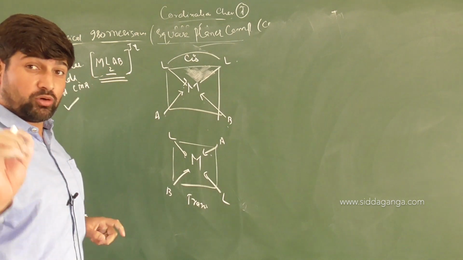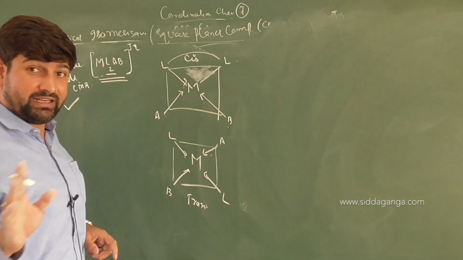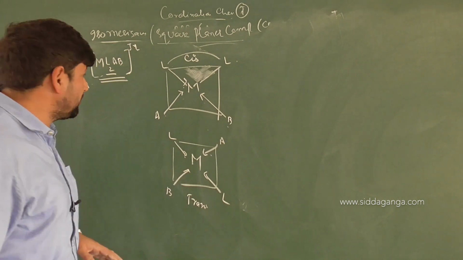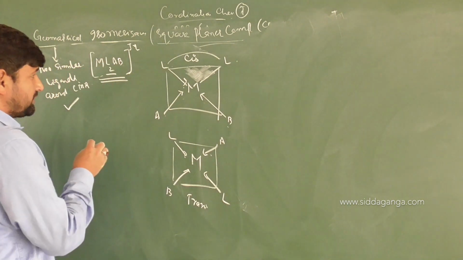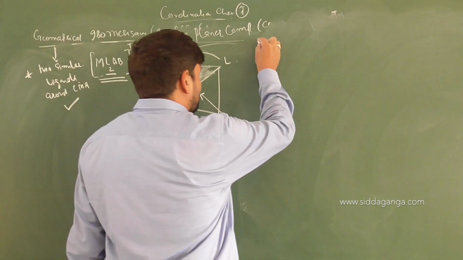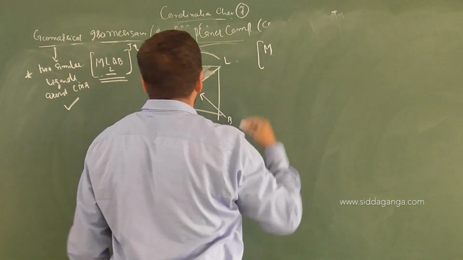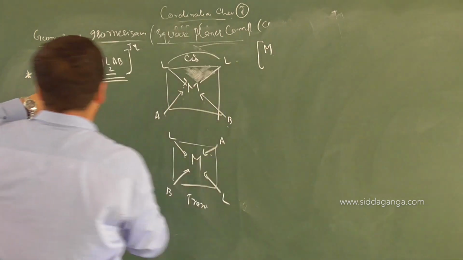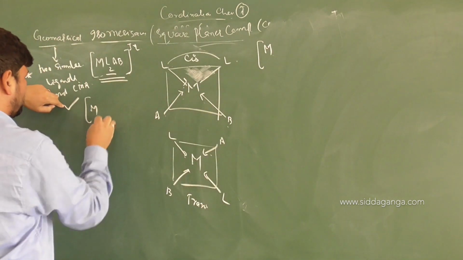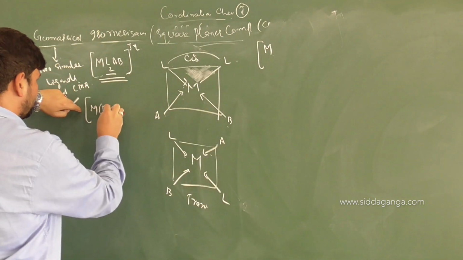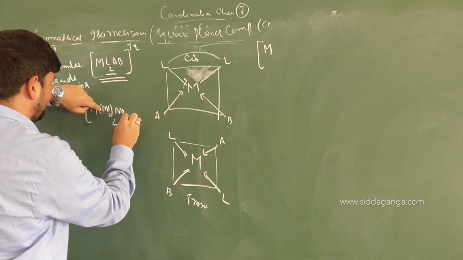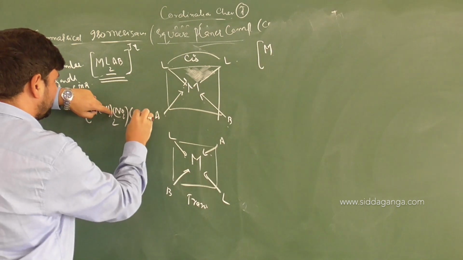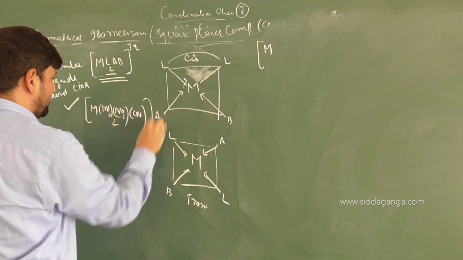So with respect to two similar ligands, there is the possibility of geometrical isomerism. I am only talking about monodentate ligands here, not bidentate or any other type of ligand. So only monodentate ligands, ML2AB type. Now children, if we have a complex of this type, M, what are the different examples? So many examples are there. You have a metal atom, L2 you can make NH3 twice, and AB type, that will make it NO2 and CN type of complex.